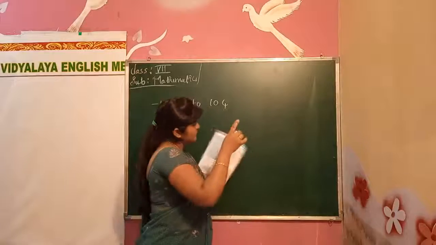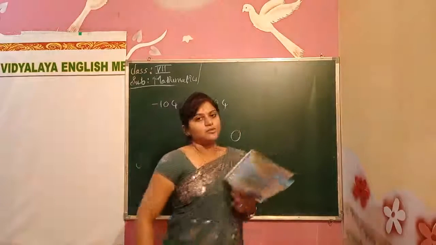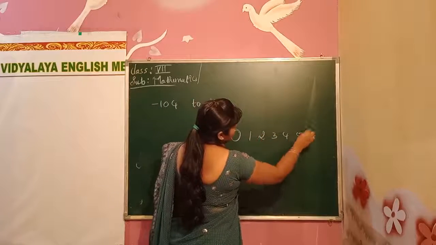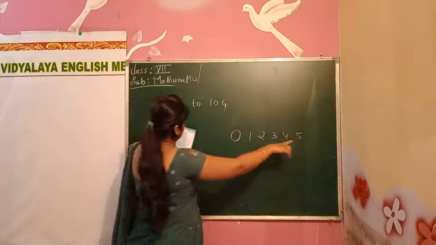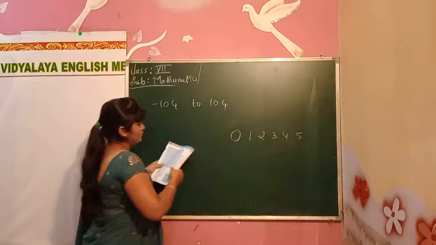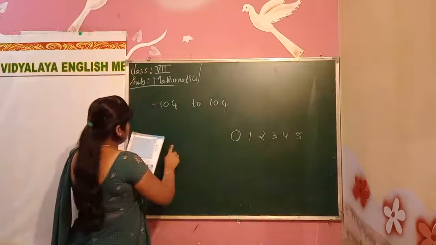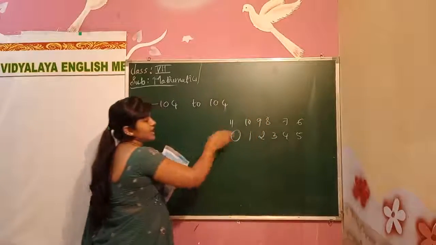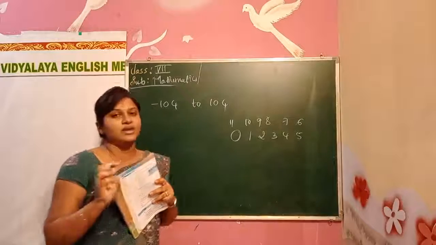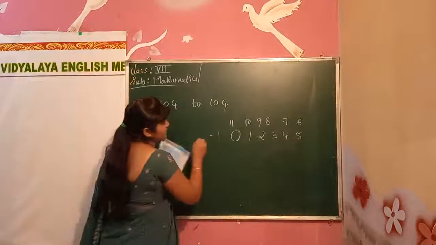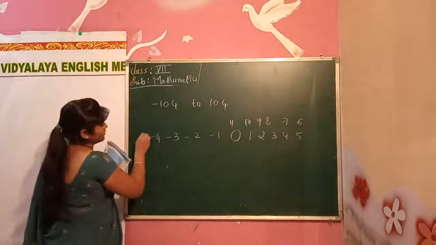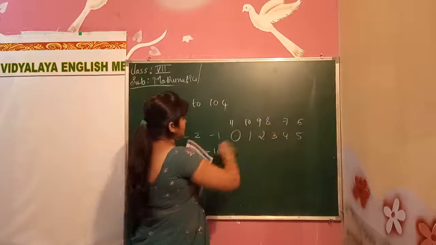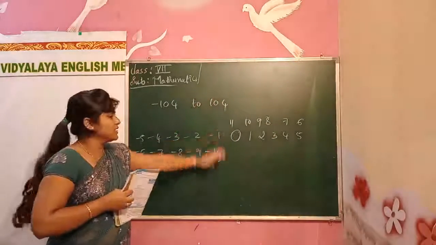Negative numbers come down, positive numbers go up. Negative, all the numbers will come from this side. 1 2 3 4 5. It continues like that only. 1 2 3 4 5 6 will be down like that, up 6 7 8 9 10 11 like this. They are telling to make a chart according to your convenience, not ours. Here this side will be minus 6, minus 7, minus 8, 9, 10, like this. How did we do up? All the positive numbers will come up, all the negative numbers will come down.